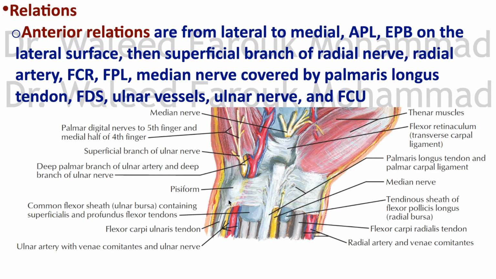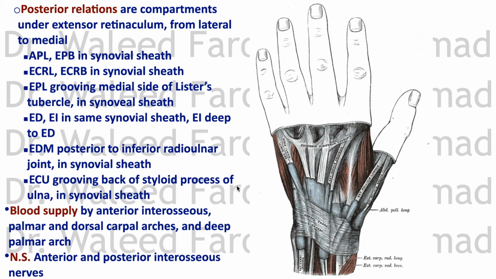The posterior relations of the wrist joint are the same as the compartments under the extensor retinaculum. This is the extensor retinaculum. From lateral to medial, they are abductor pollicis longus and extensor pollicis brevis in one sheath, extensor carpi radialis longus and brevis in a synovial sheath, extensor pollicis longus in its own sheath,